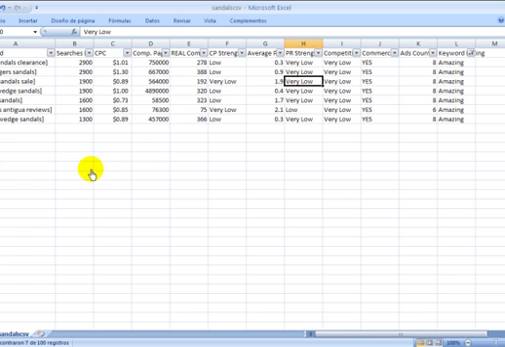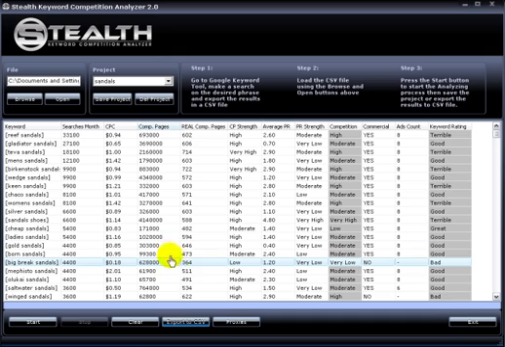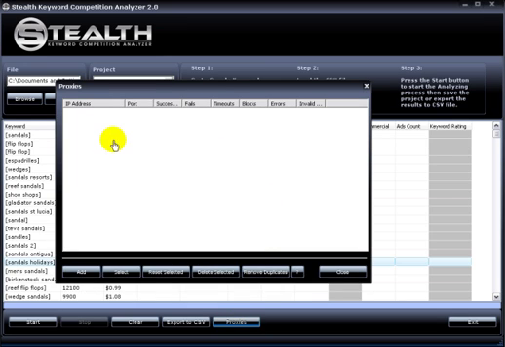Okay, so another cool thing of the software is that it allows you to use proxies. Some people are familiar and like working with proxies, so I added the feature so that you can add a list of proxies. So to do that, let's clear out this list here and open it up again, but without the analyzing data. You just hit proxies here and this window pops up, and to add the proxies you just hit add,